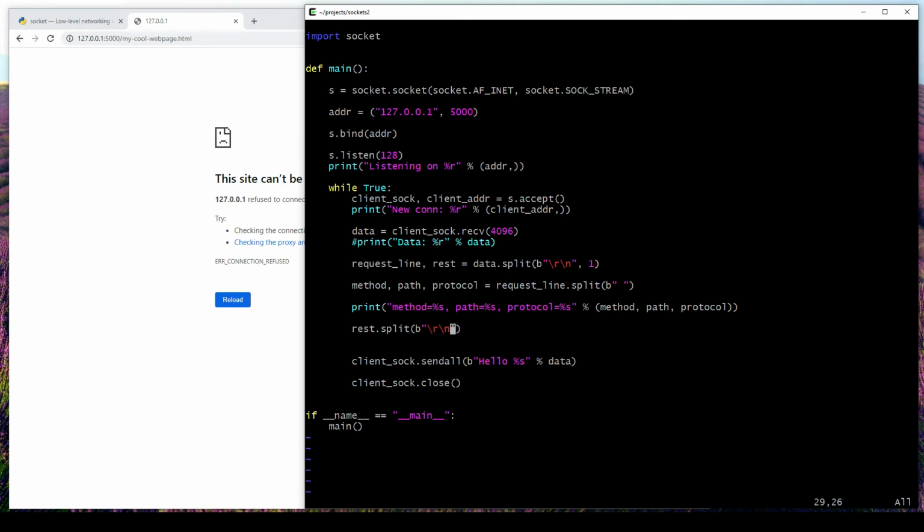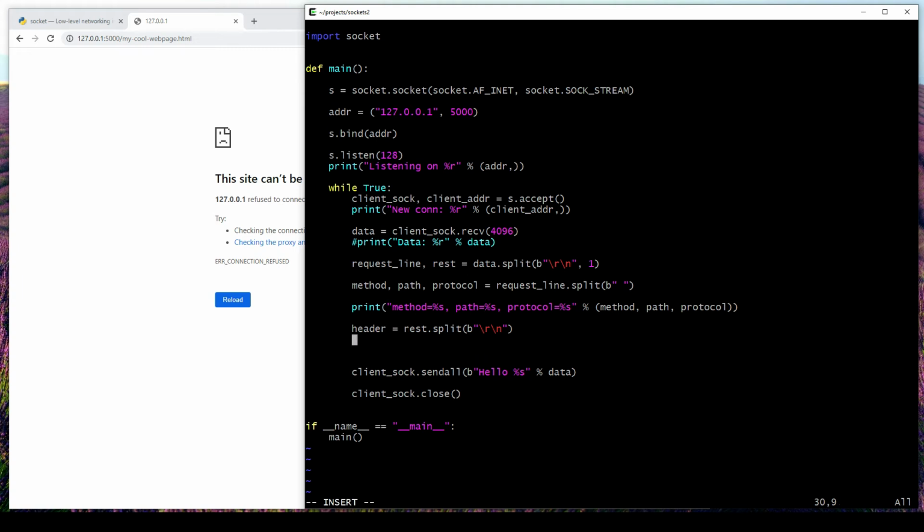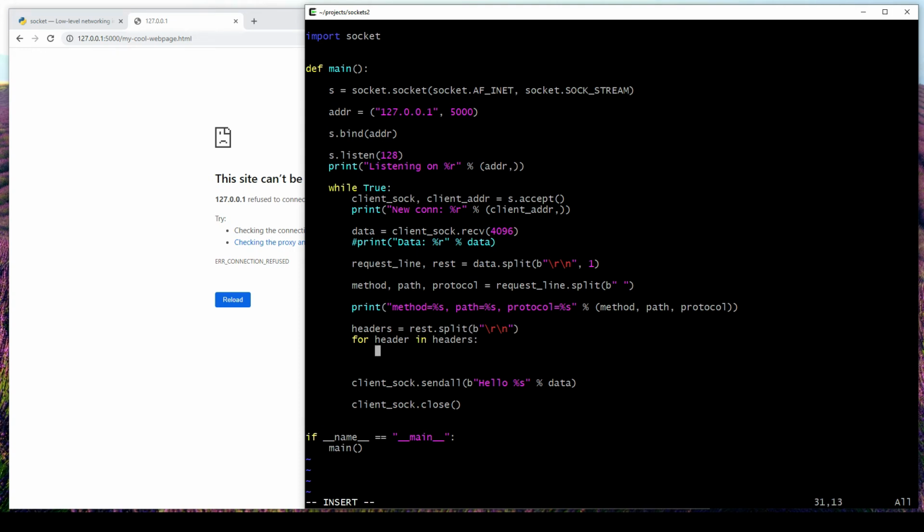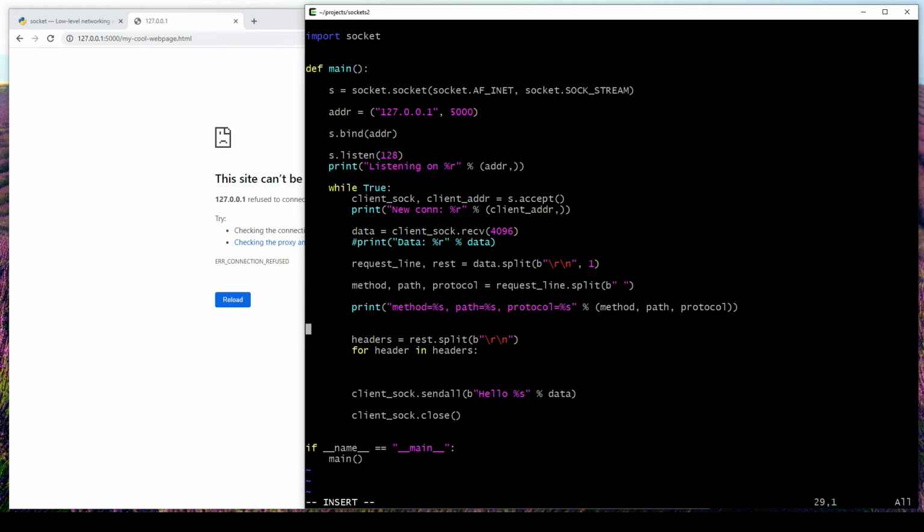I don't want to limit it, so these are going to be the lines. Each one of these lines is going to be a key value pair. Each one is going to be a header. So let's say each one is a header, and then we will loop through those. This is going to be headers. This is actually a list. I'm sorry. So for header in headers, let's actually